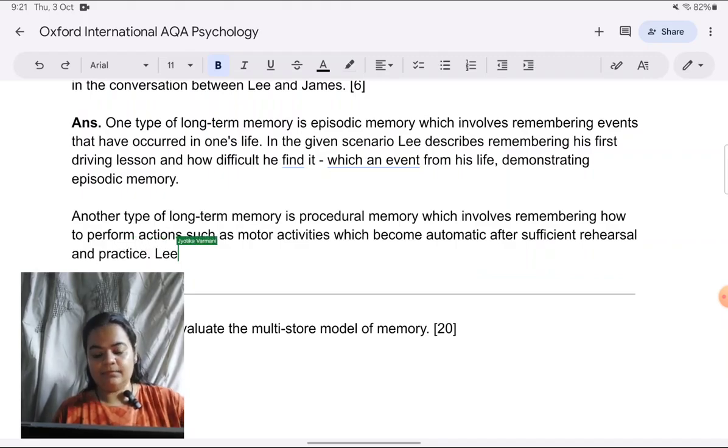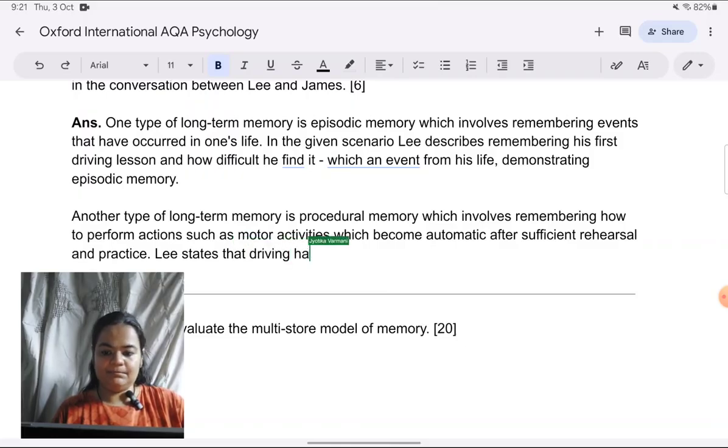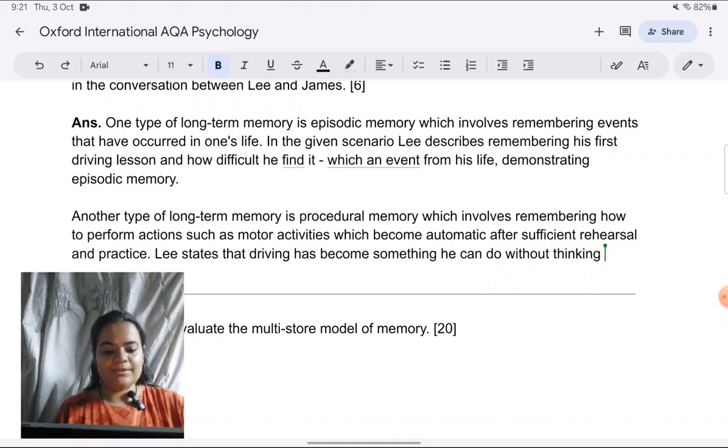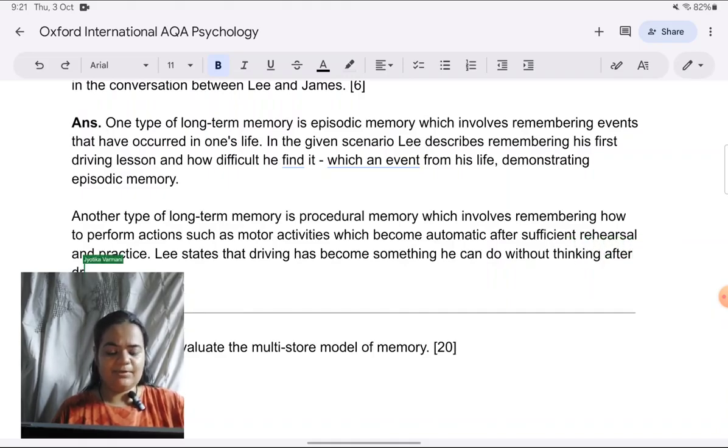Lee states that driving has become something he can do without thinking after driving for years, or after having practiced for years. I'm writing an indirect quotation, so that's why I'm adding something to it. It means what he's implying, I'm adding that. Suggesting that it has become a part